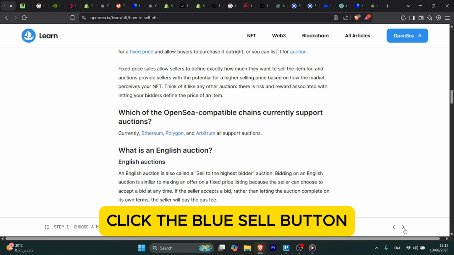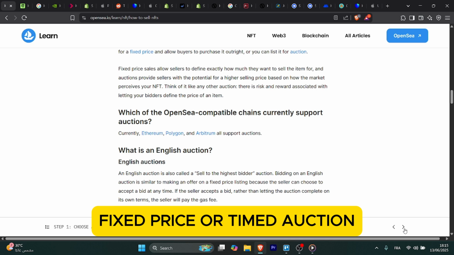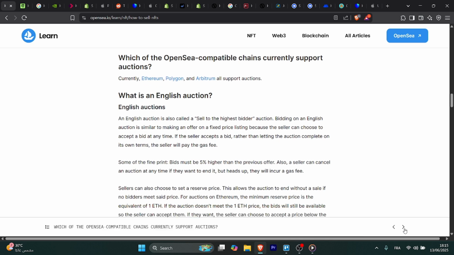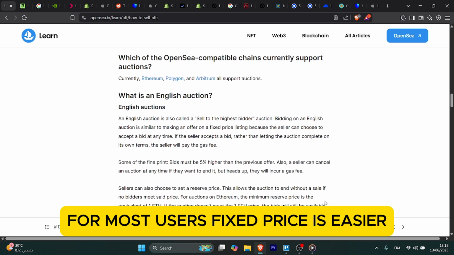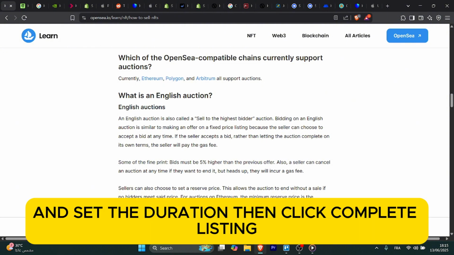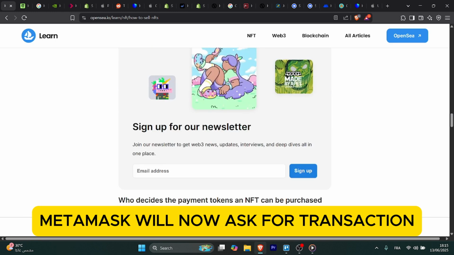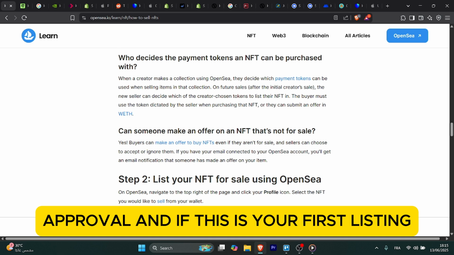On the item page, click the blue sell button and now choose your sale type, fixed price or timed auction. For most users, fixed price is easier, so enter the price in ETH and set the duration. Then click complete listing. MetaMask will now ask for transaction approval, and if this is your first listing, you may